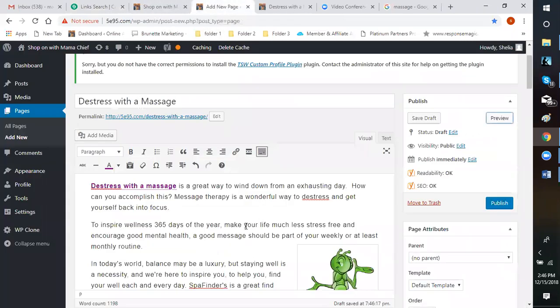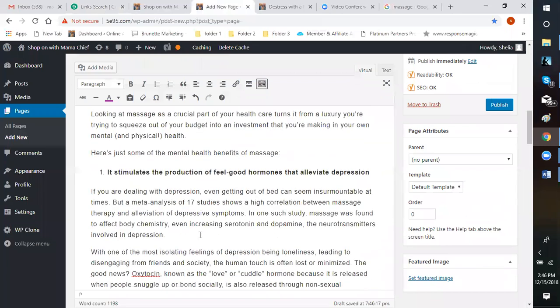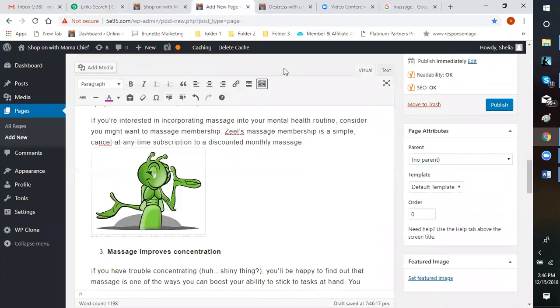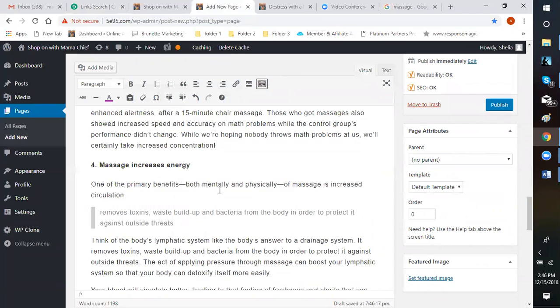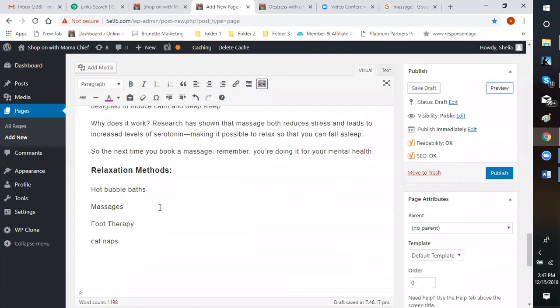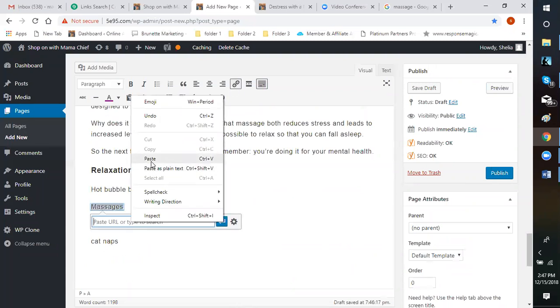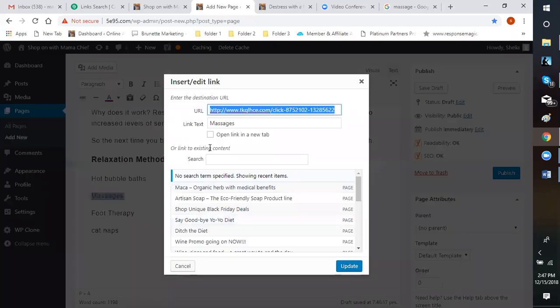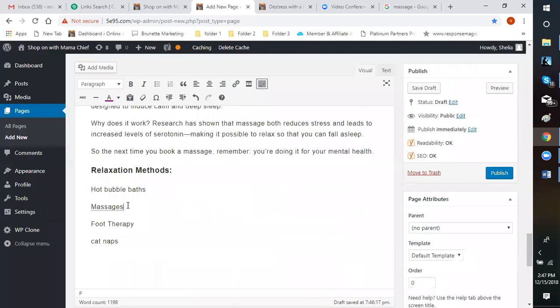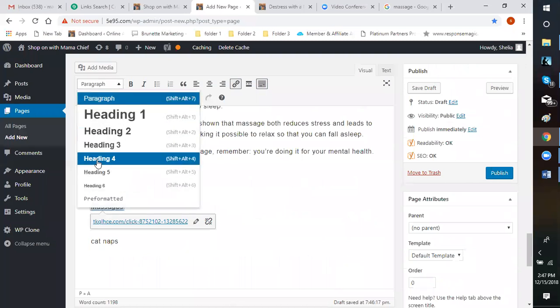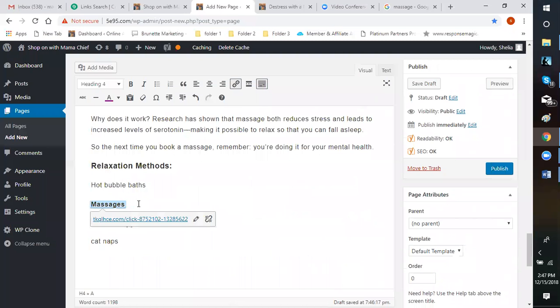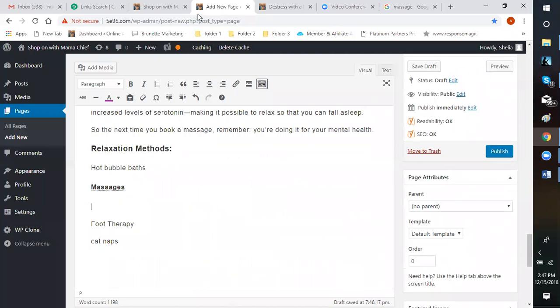I'm going to go back to my ad. And I'm going to go, because I haven't edited any of that yet. So I know this down here is something that I want to do. So I'm going to go this one, and I'm going to go ahead and link that to my spa finder. Click in a new tab, update. Go ahead and I'm going to make that a subheader, number 4. And I'm going to go ahead and write